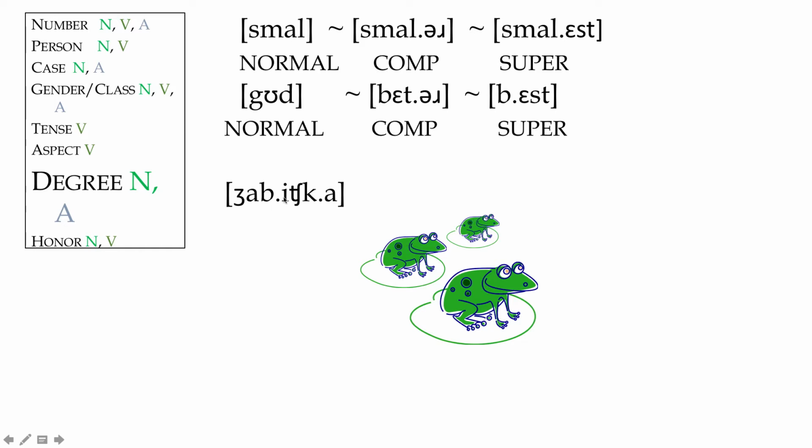In Slavic languages, zhab is the root for frog. Each would mean tiny. A would be a feminine ending, or a feminine noun class ending. Zhab means frog, but k would mean small. And then with the absence of it would be just a regular size. So this would be zhaba, this the normal frog. This would be zhabka to show that it's a little smaller. And then zhabichka would be a tiny little frog.